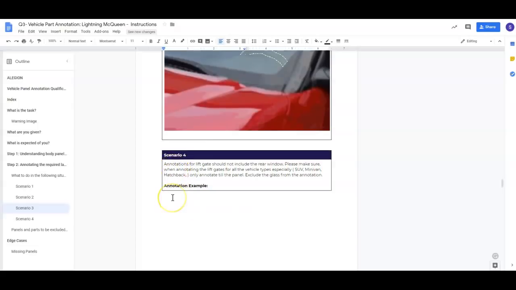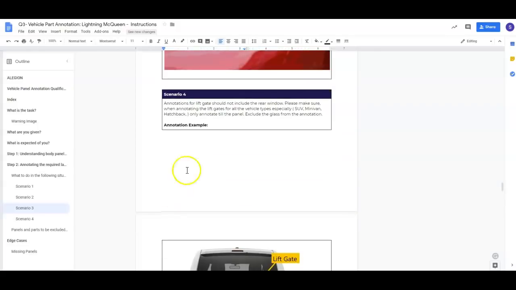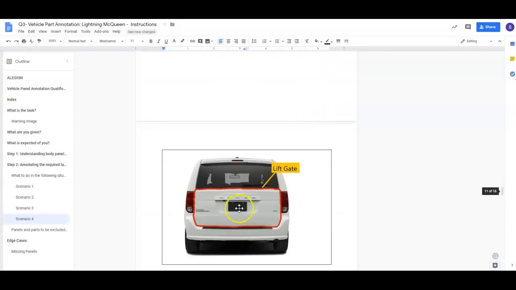Okay, so the lift gate for this type of vehicle especially is only till the panel right here. Okay, do not include the glass here, and do not certainly include the top part here. Okay, so if you look at all the vehicle types that we have,